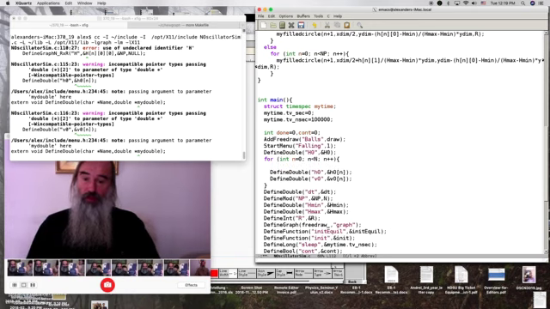Then we would have for int n equals D equals 0, D smaller d, d plus plus, and now we can have h0